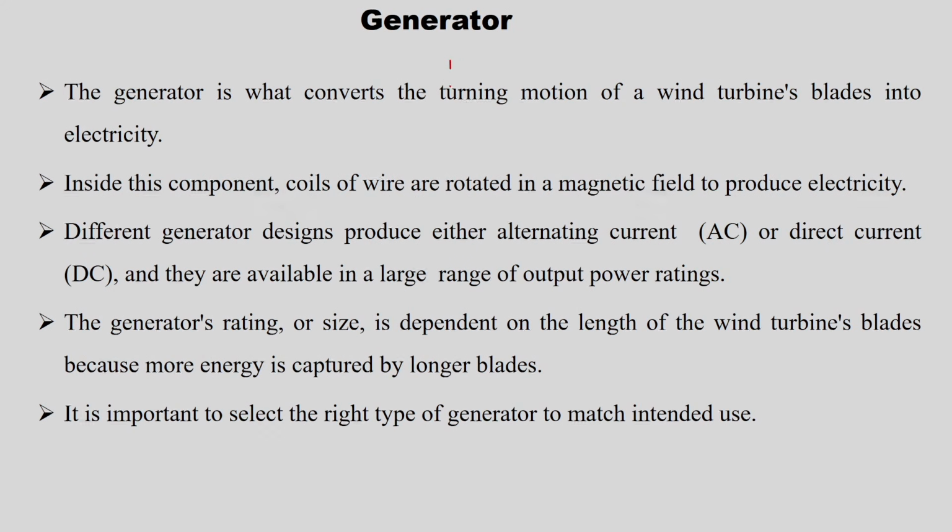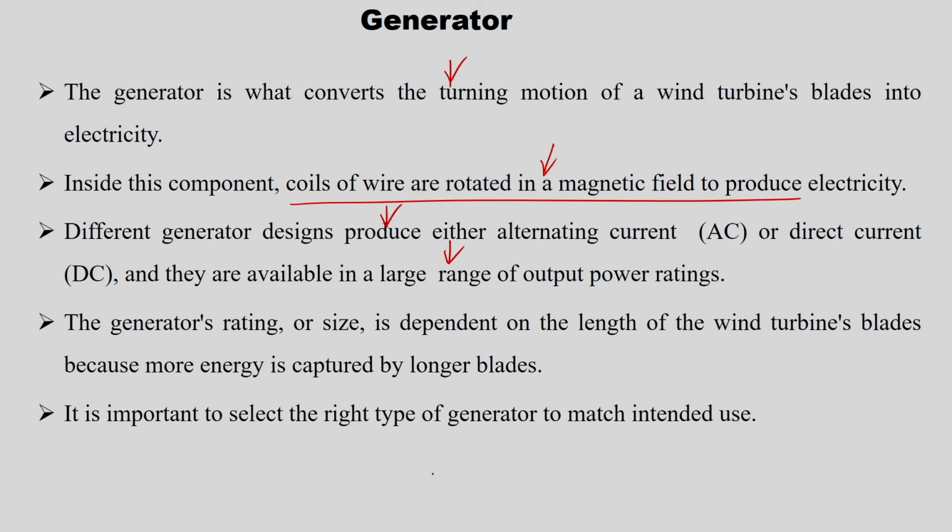The generator is what converts the turning motion of the wind turbine blades into electricity. Inside this component there would be coils of wire rotated in a magnetic field to produce electricity. You might have had all these things in your school level physics. We are not going into detail about the electrical energy production part of this wind energy system. The different generator designs produce either alternating current or direct current, and they are available in a large range of